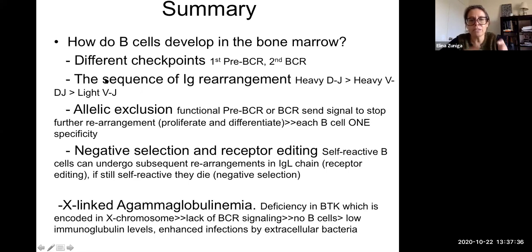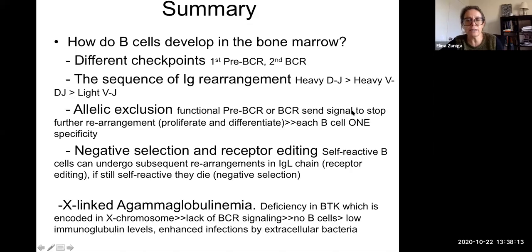We also learned about the sequence in which the immunoglobulin gene loci are rearranged. First is the rearrangement of the D segment of the heavy chain with the J segment of the heavy chain. Then this DJ is brought together with a V segment in the heavy chain, and then later the light chain VJ rearrangement. We also learned about allelic exclusion, and we learned that the functional pre-BCR or BCR